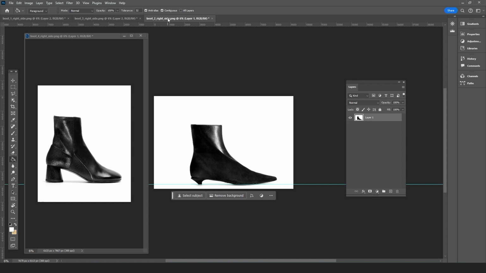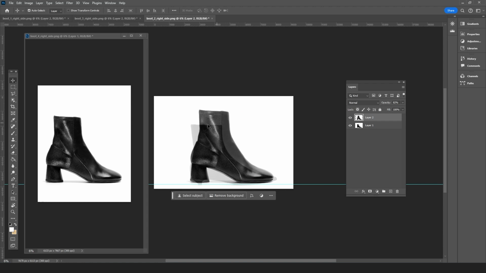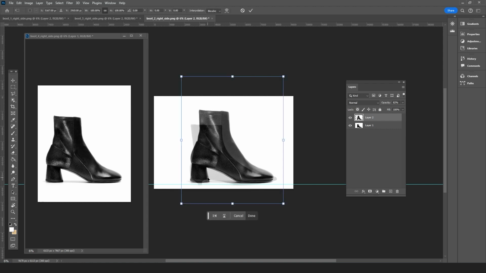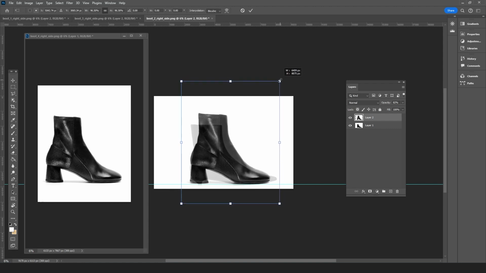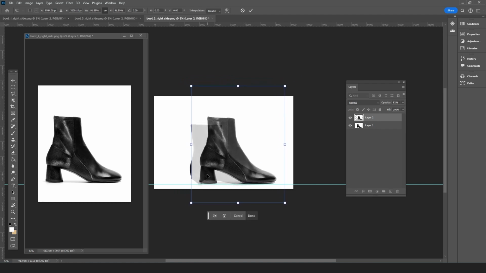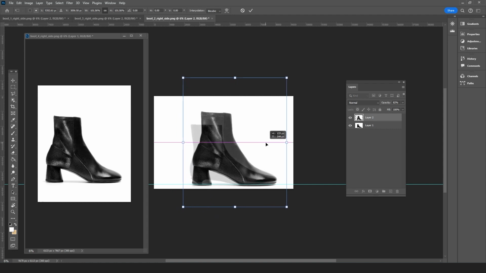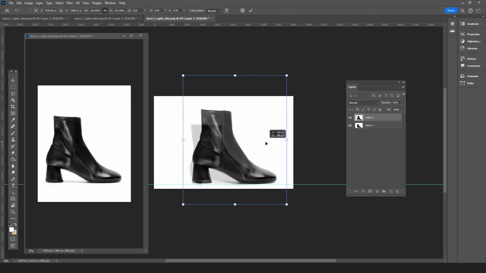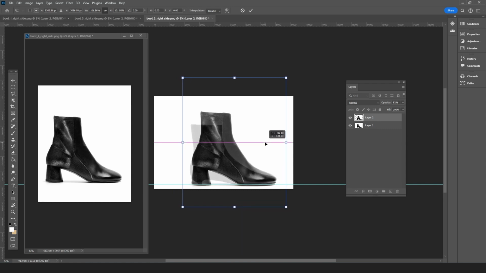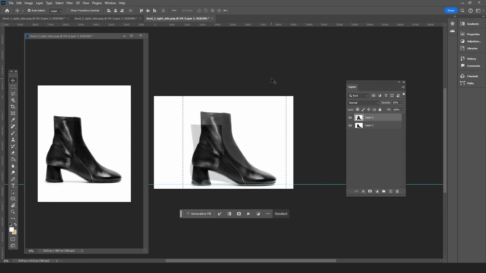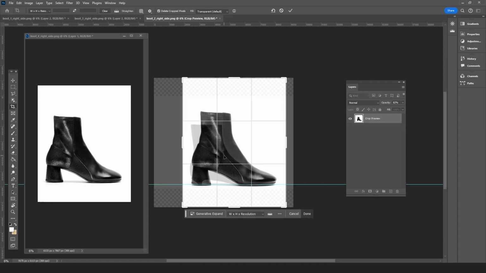So with our template still on the clipboard, we're going to press Ctrl-V and paste it into document. Next, we'll press Ctrl-T to resize it. And again, we're going to match the size of the boot below and make sure that it's sitting on the same line. Even though we're distorting the boot in the template, all we're really concerned with is the aspect ratio. That's all we want to transfer into our file. Now again, we're going to do the same thing. Hold down Control, click on the thumbnail, switch to Crop Tool by pressing C, press Enter to apply, click Done